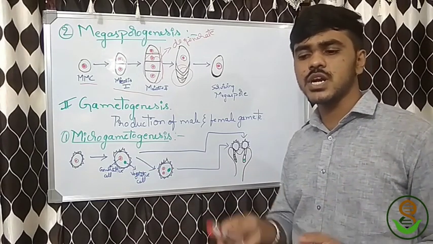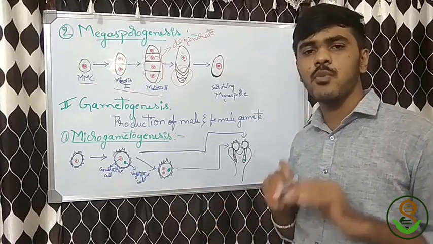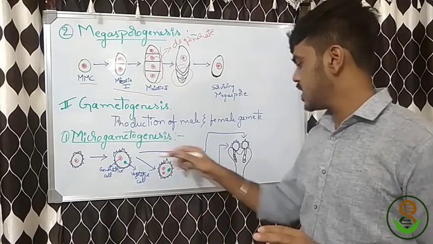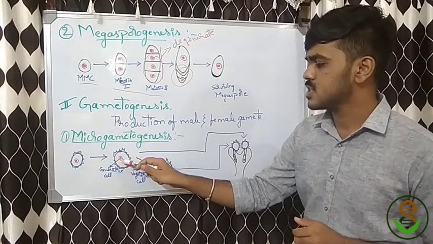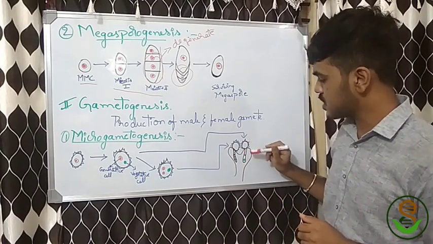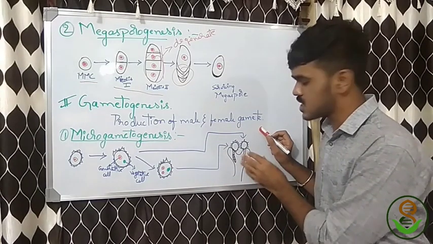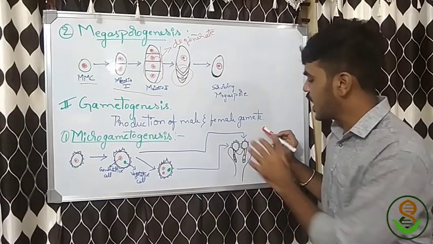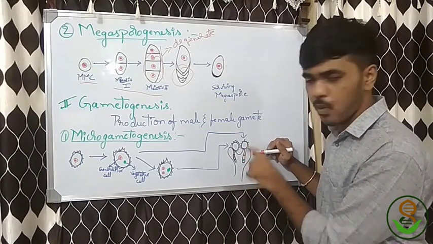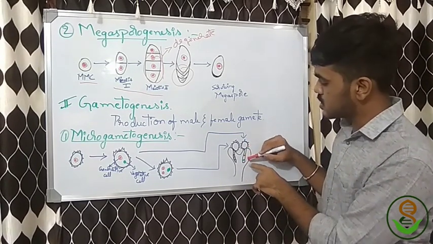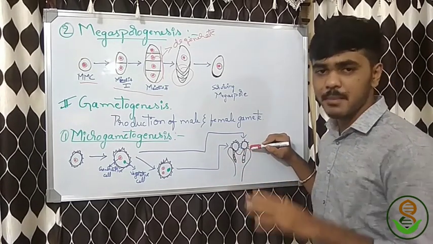After that, there are 2 conditions. Sometimes in this 2 cell stage itself, the pollen will be released. Then it enters the pollen tube. The process of transfer of pollen onto the surface of the stigma is known as pollination, and after some time it starts to develop the pollen tube on the stigma. This pollen tube and the pollen together we call the microgametophyte.